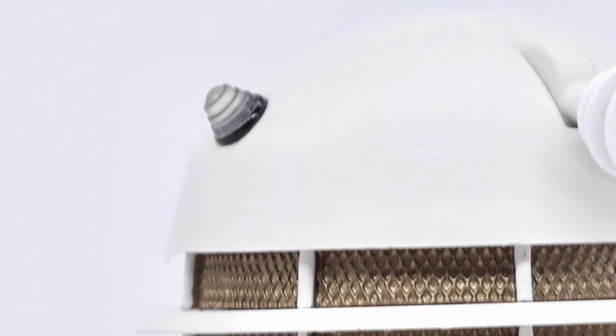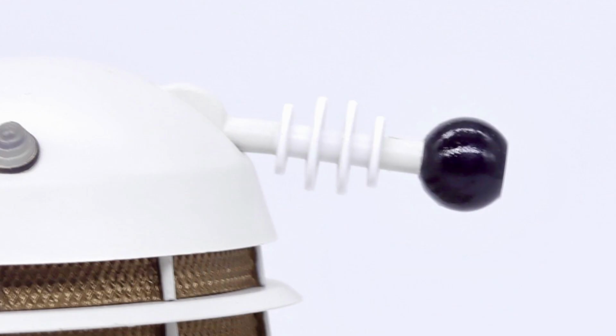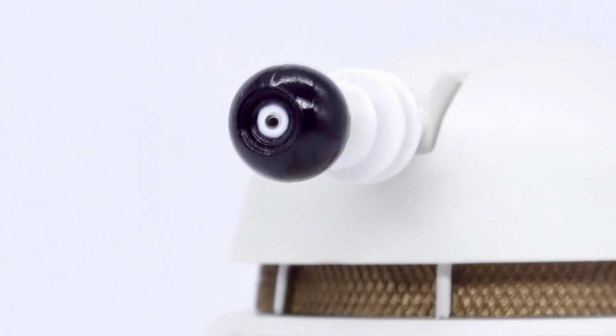They look more accurate this time around, and just like with the Five Doctors one, it really helps with that silhouette. So beginning with the dome, you have brand new dome lights which are more steeper. We started seeing these type of dome lights in Resurrection of the Daleks. It was something they didn't really have to bother with, so really nice attention to detail there. The eye stalk is also new, which has got 4 rings going down the front, which is pretty accurate to what it was. And you also have the glossy eyeball with the iris at the front, which is also again